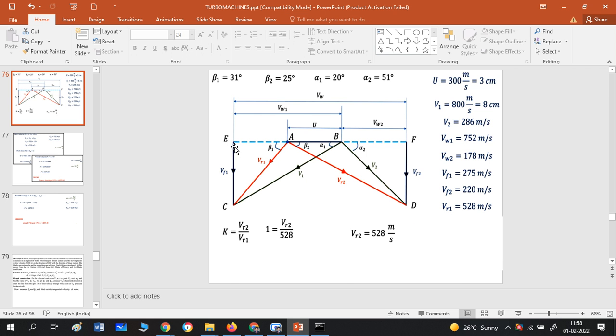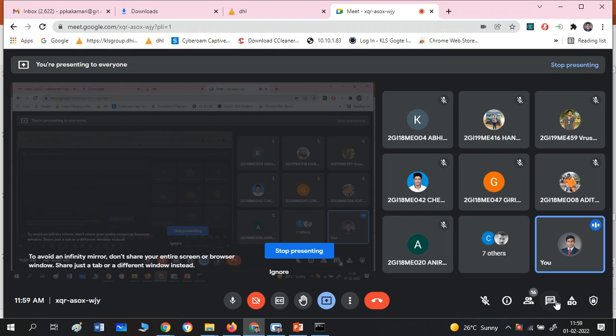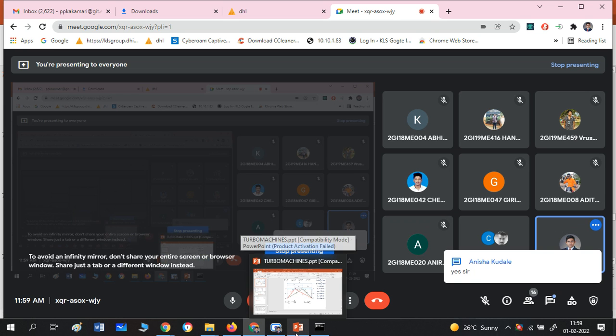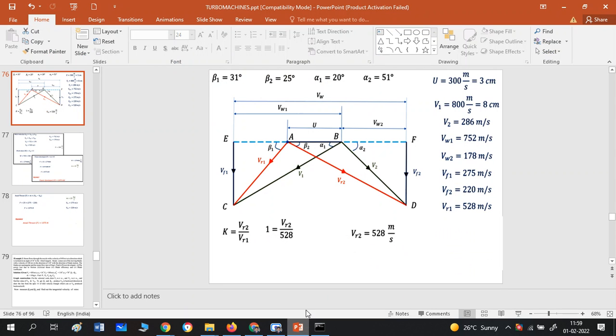Are you understanding my point? So go on drawing these parallel lines CE with a perfect vertical line, or you make a habit of getting a perfect 90-degree line between EF and EC. So this C to E line becomes VF1. So how many of you understood up to this point? You can message me or you can reply yes or no. Yes, sir. Simple, no? Yes.